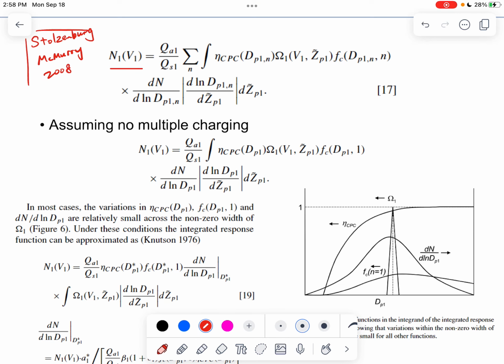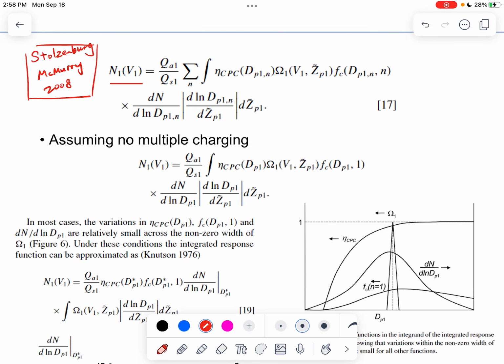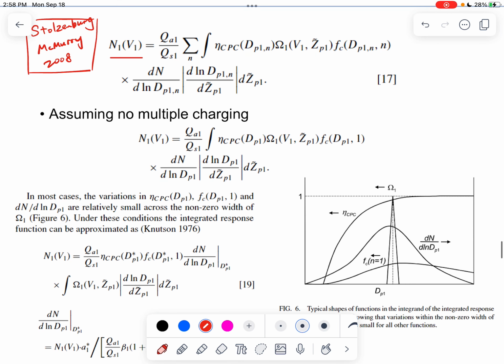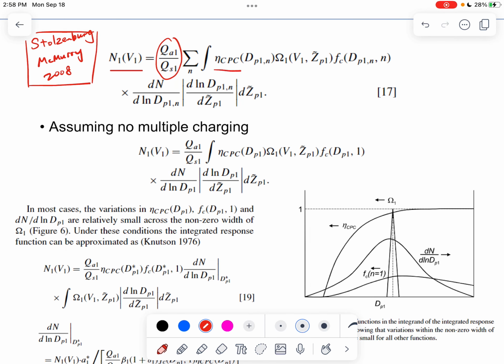Okay, this is 2008. I also showed this paper earlier in this class. So if you consider the CPC response here, that is related to how much aerosol you take in, or how much sample flow you took in. And also, as we introduced, it's related to the CPC detection efficiency, the transfer function, and the charging efficiency. It didn't consider the penetration efficiency, but you could if you just multiply this,